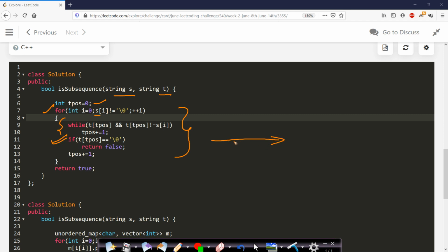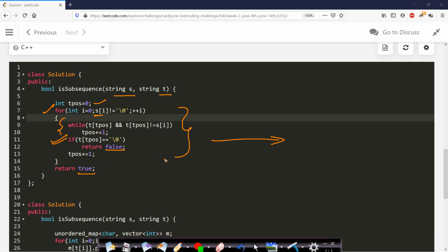If you have reached the end of string, it means that you were not able to find the current character, and you will simply return false, saying that this string s is not a subsequence of string t. Otherwise you will keep iterating for all the characters of s. And if you can find all the characters, then after breaking this loop, you will return true, saying that this string s is a subsequence of string t.